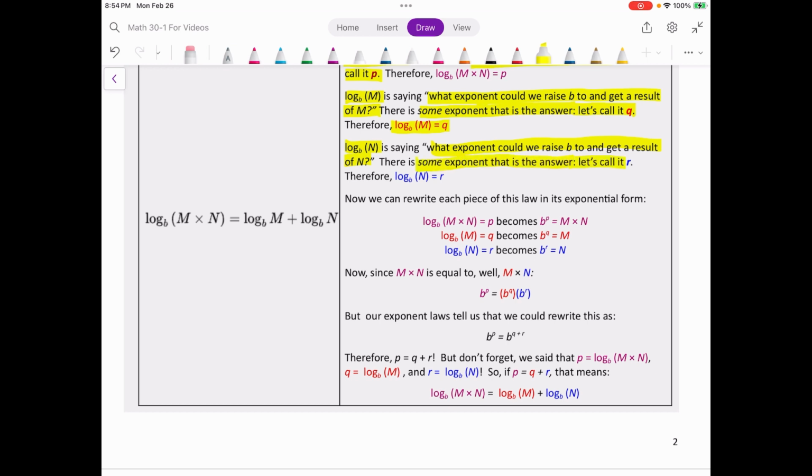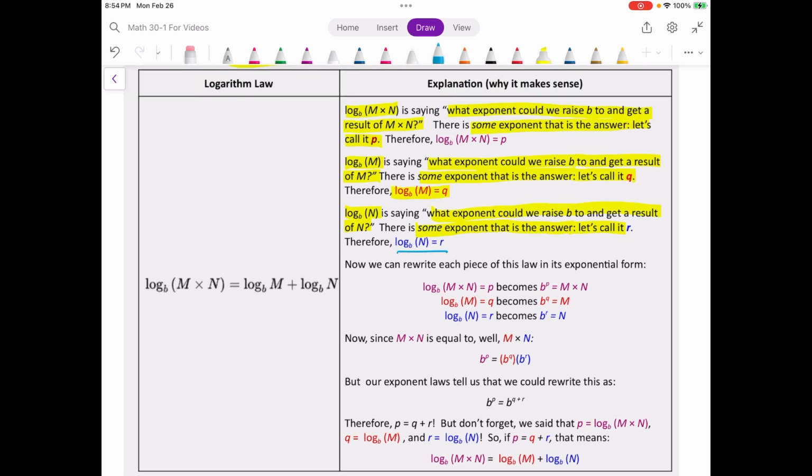Let's call it r. So therefore, log base b of n equals r. Again, just saying that b to the power of r equals n. All we're doing is agreeing to define some of these logs as what they're equal to. There is some exponent we could raise b to get m, and some exponent to raise b to get n. We're just giving them names